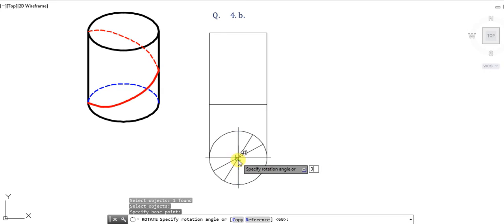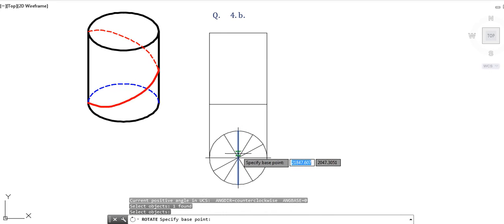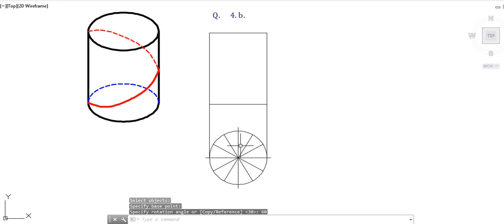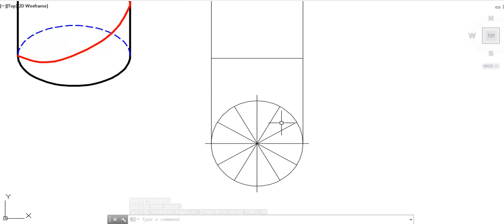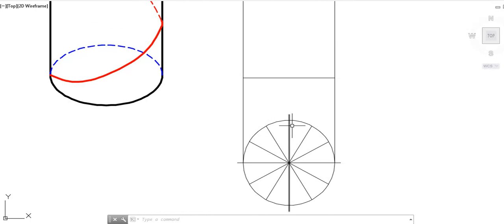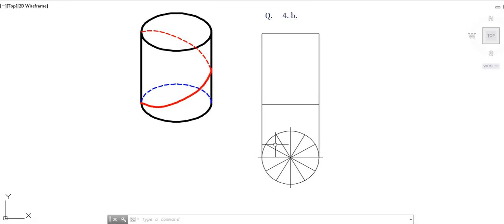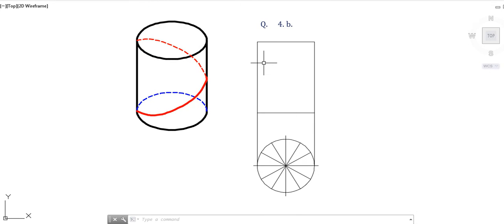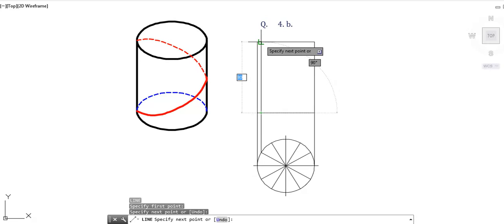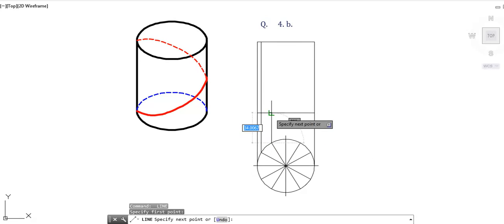Like this, it will be divided into 12 equal parts. Let me apply the nomenclature to these parts so as to divide them into a number of points. Now remember, the number of parts into which we have divided this circle, you have to divide the rectangular view of the cylinder into the same number of parts. So let us start taking projections before I apply the nomenclature. I will draw these as the generators.